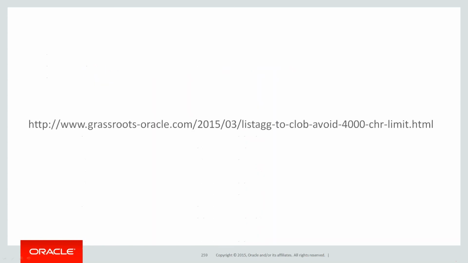Okay, that's a very good point. For a start, what Scott's mentioning there is he's got an excellent blog post on this in terms of ListAgg. At the moment, out of the box, ListAgg lets you build a string that's up to 4,000 characters long, and then you'll start getting errors. There are some workarounds to actually make the ListAgg function return a CLOB, which obviously gives you an almost arbitrary length. So go see Scott's blog posts.